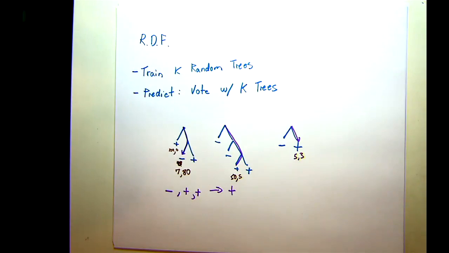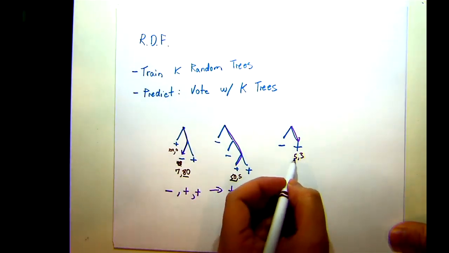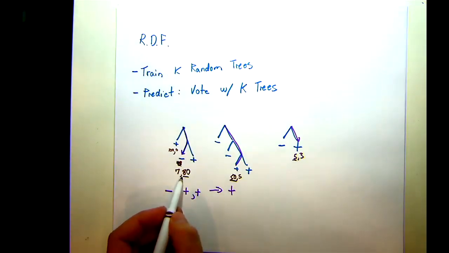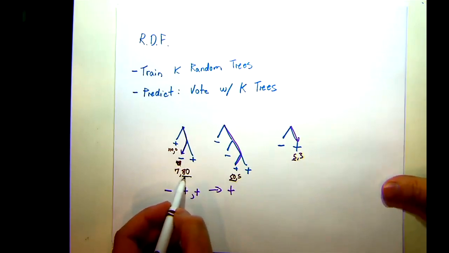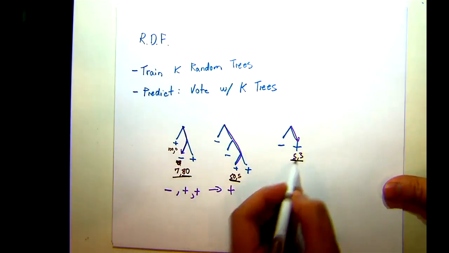Now, we're always labeling with the majority class typically. So this is the majority class, this is the majority class, that's the majority class. But if we're doing some voting, we could vote by actually looking at, say, the number of examples that were in there. Because there's a lot more confidence in this and this measurement than there is in that measurement.